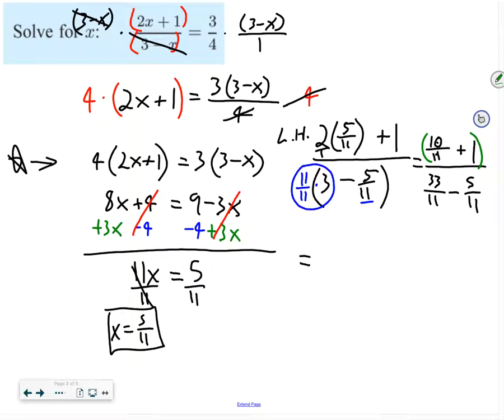Okay, I'm adding fractions. So adding fractions again, I need a common denominator. So I need to recognize that I'm going to multiply this by 11/11, okay, which is 1. So I'm going to get 10/11 plus 11/11. Okay, my denominator is here, and since I have a common denominator, it's going to stay the same. And 33 minus 5 is 28. Okay, continue simplifying this out. My numerator is 10 plus 11, that's 21/11 with a common denominator, and that's over